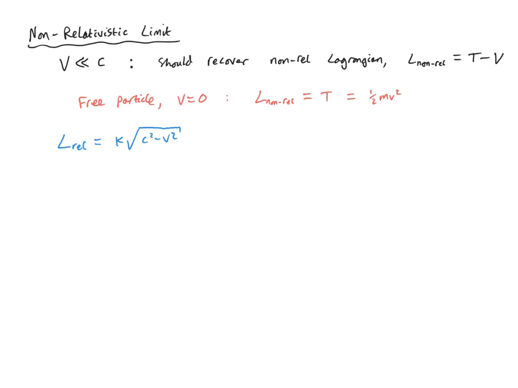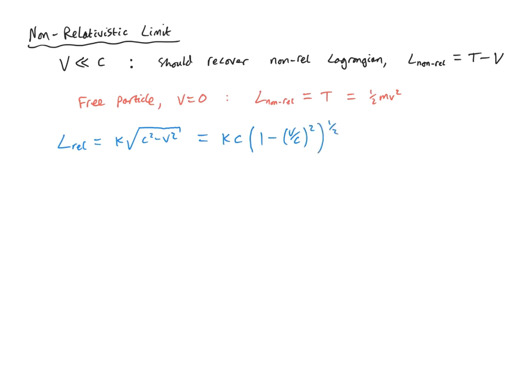So how do we go about doing that? Well, we just simply use a Taylor series expansion in the small parameter v over c. So the first step is to pull out a factor of c squared from inside the square root. That's going to give me k times c into 1 minus (v upon c) squared,